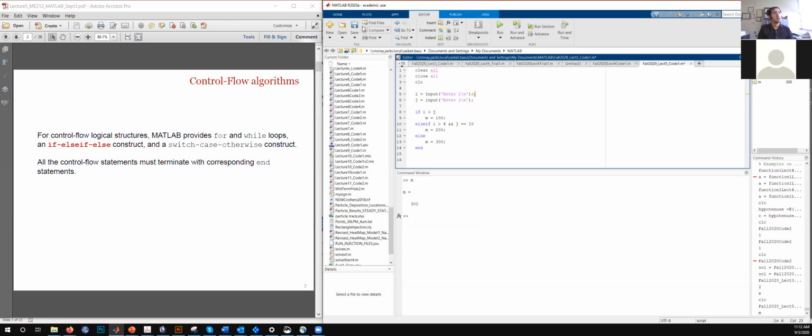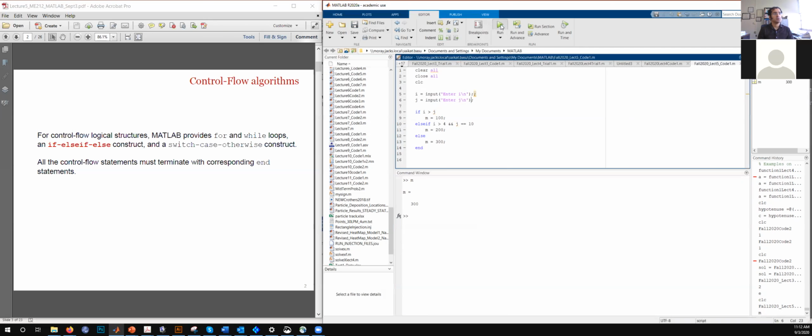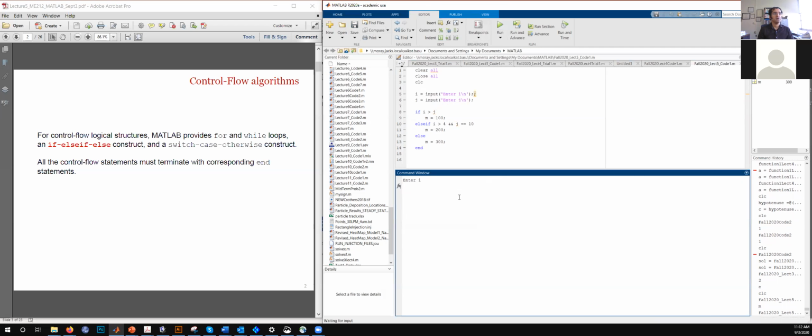So let's save this and let's see how this one works. So if I now run this code, it asks for enter i.